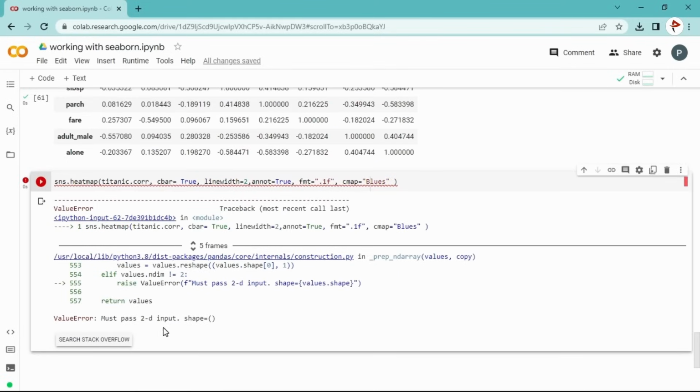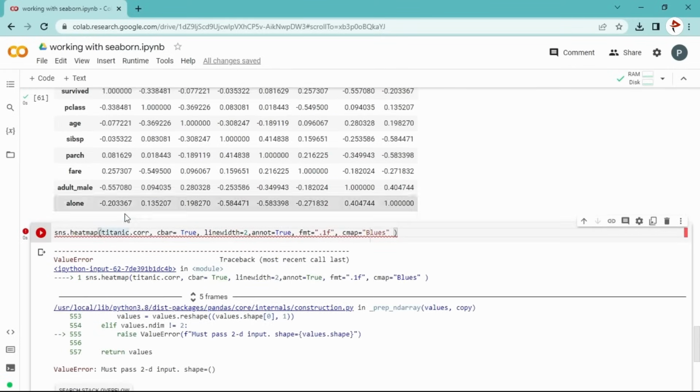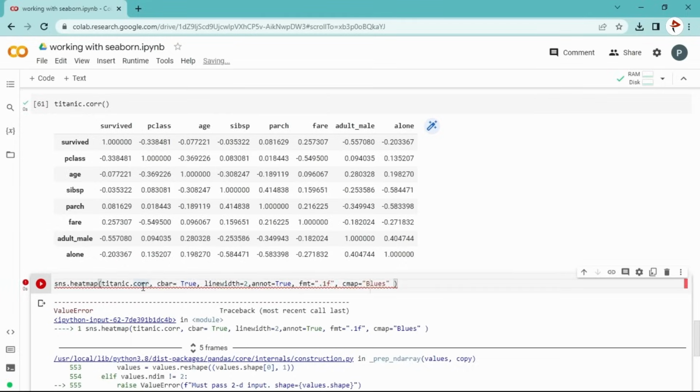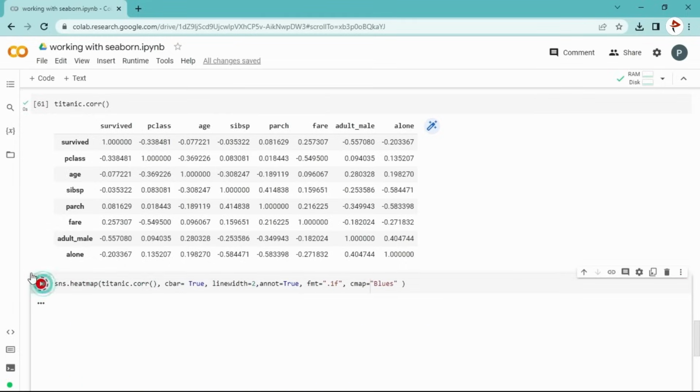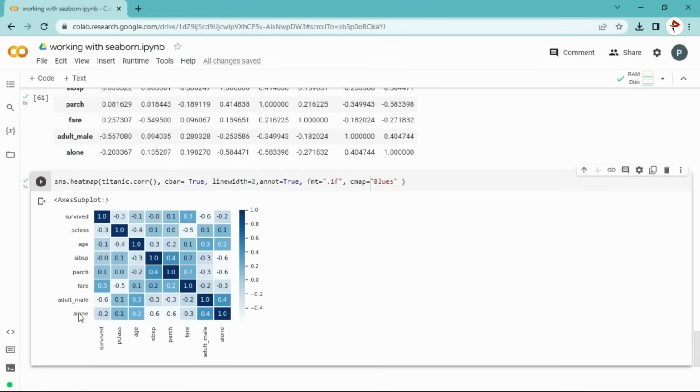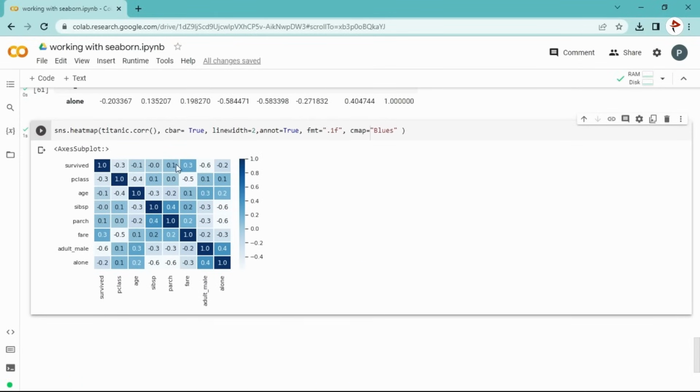Okay, we got an error. I have to pass this here, parenthesis. So I hope it will be fine now, and we are getting the plot, right? So this is what a correlation matrix is. It is a heat map, and you can see the darker color is 1. It is equally correlated because survived is related with survived, right? Both are same. So we got 1 here, and the value, positive or negative correlation, you can compare